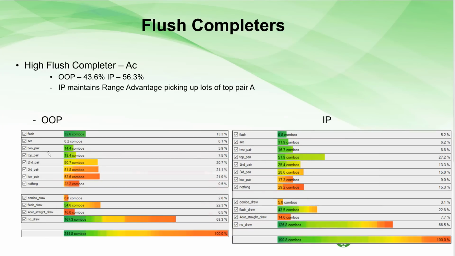This is an ace now as top pair for the out of position. Top pair for the in position player, 27%. In position now has 27% of pair aces or better. And then he still has two pair, sets and